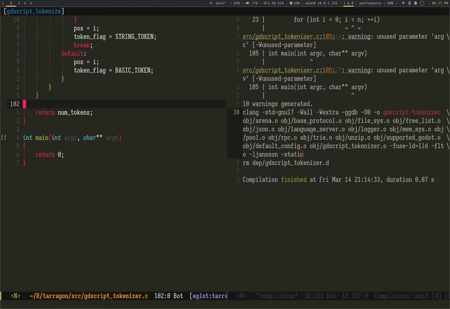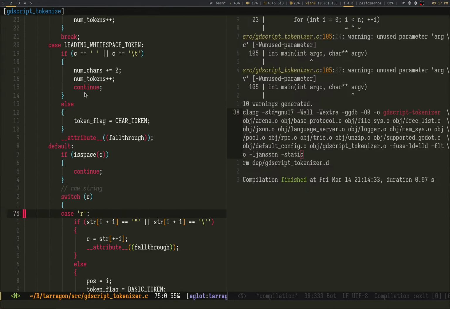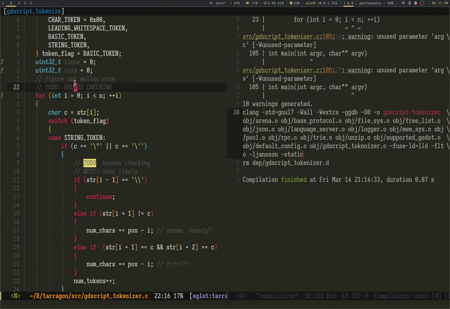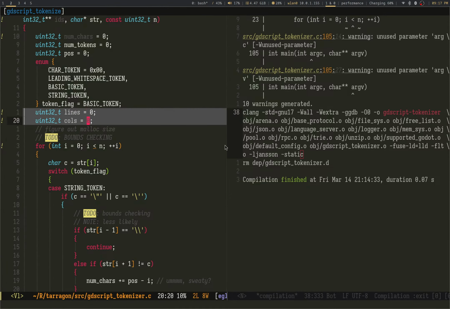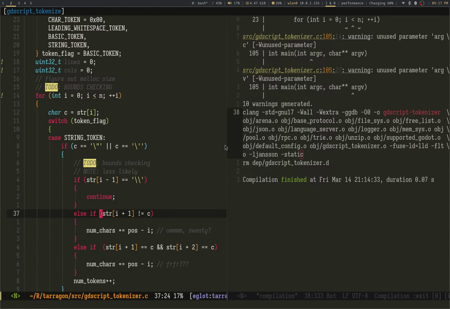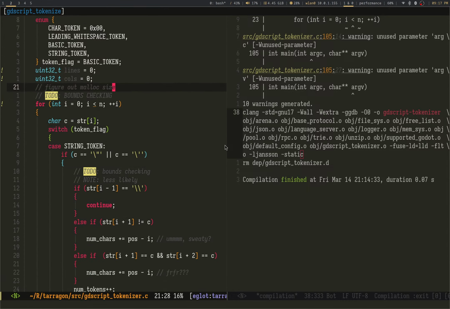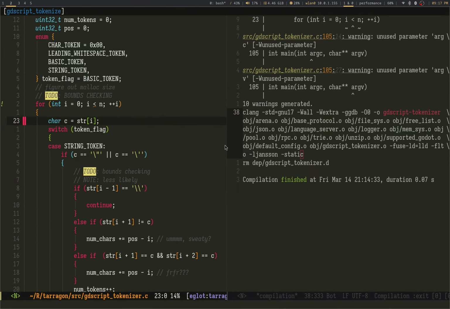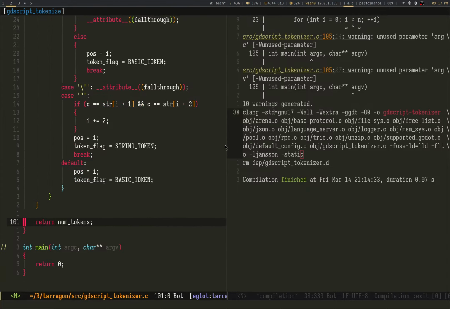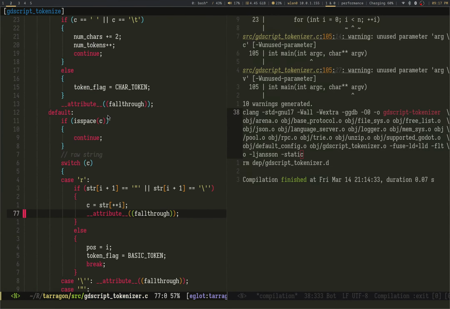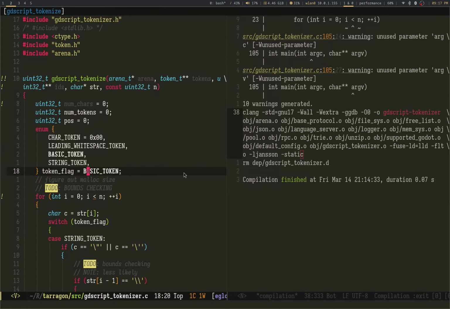So now we actually have the number of characters I'm going to need and the number of... Hold up. Right, I have to do leading white space. Leading white space stuff. Actually, this is the starting split.